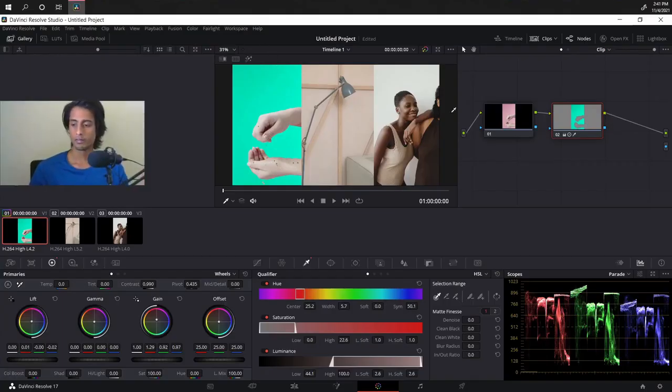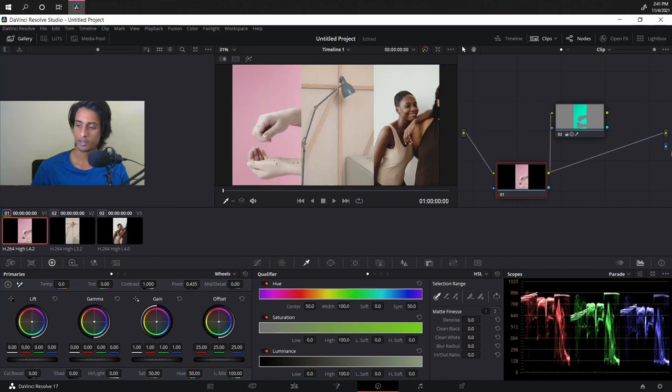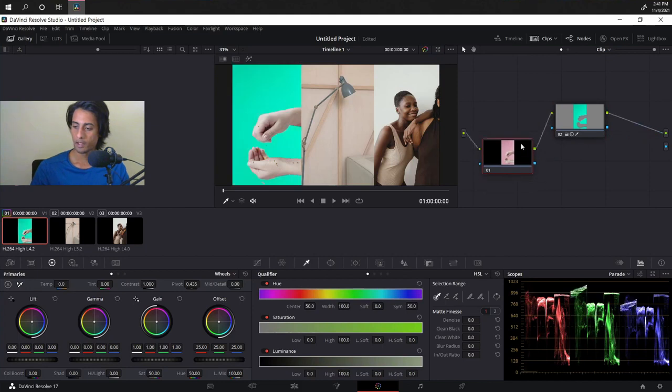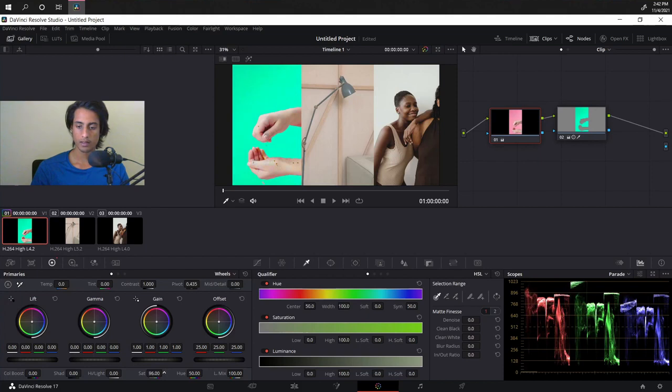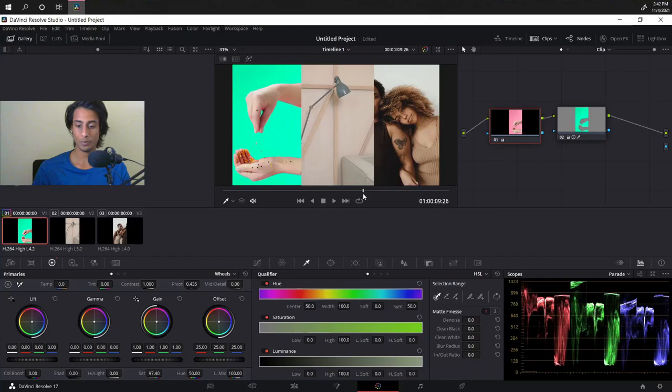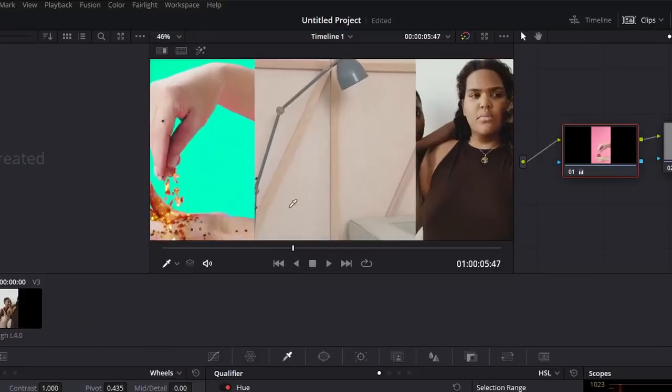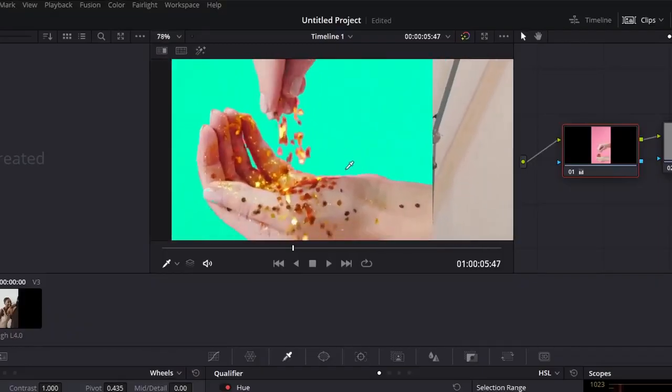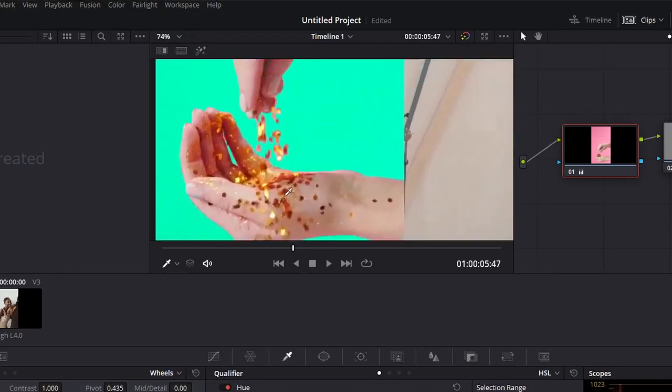Okay, now we have this blue background on the masked layer. The original is still preserved. If we connect that to the output, these are the output nodes, you can see the original video. Now we can just adjust the original layer and it will simply affect the hands because that is on the layer underneath, and you have no mask tracking to do because it is based on color selections, which is very amazing. You can zoom into your video by just scrolling up on your mouse